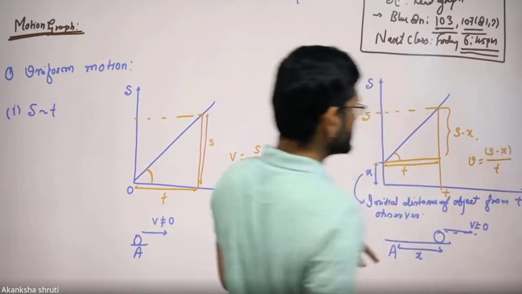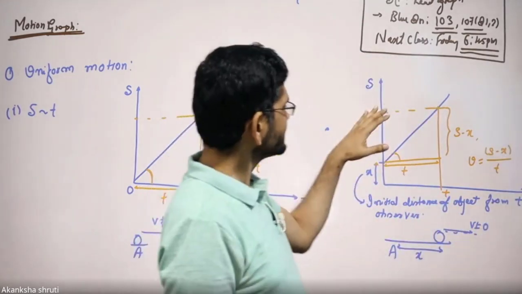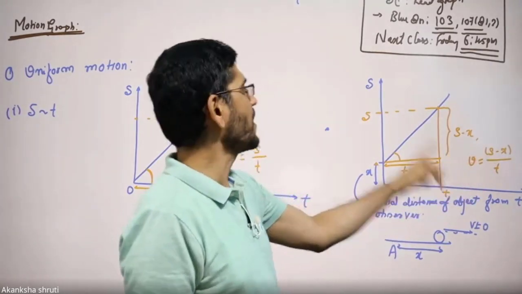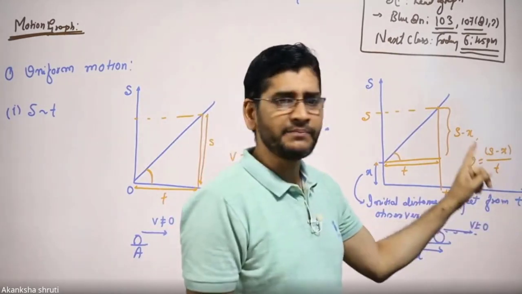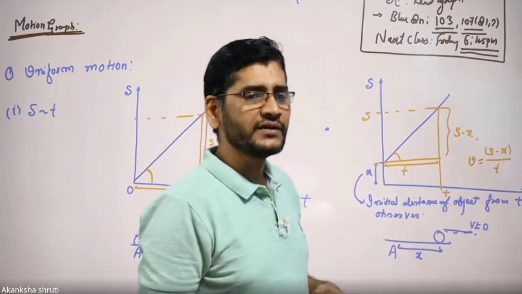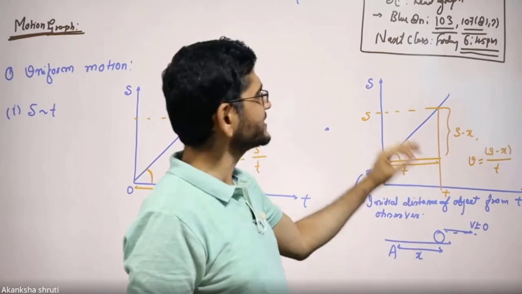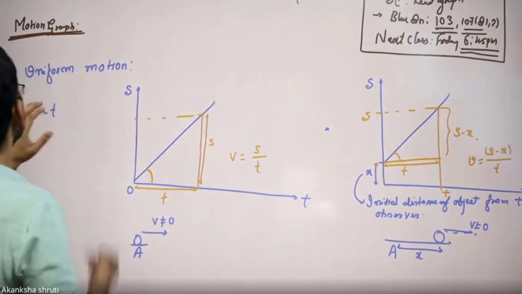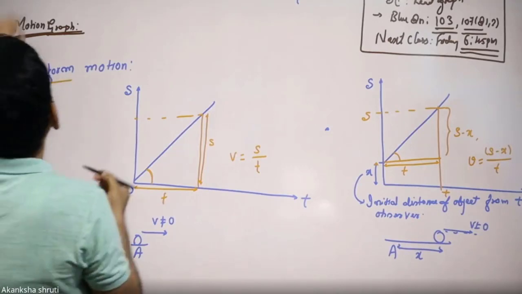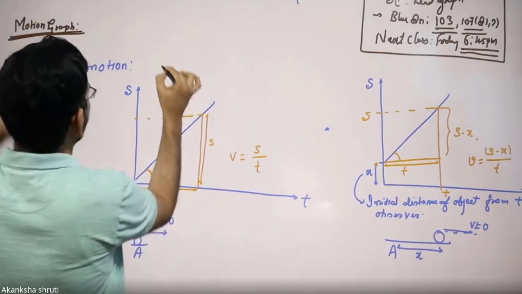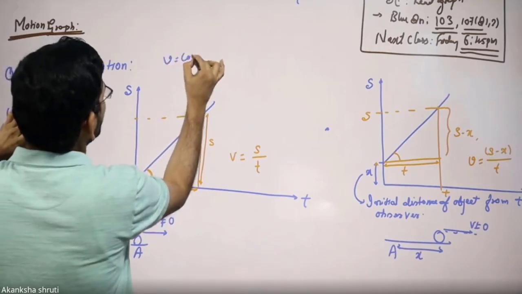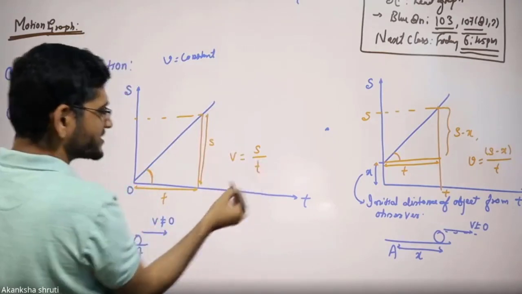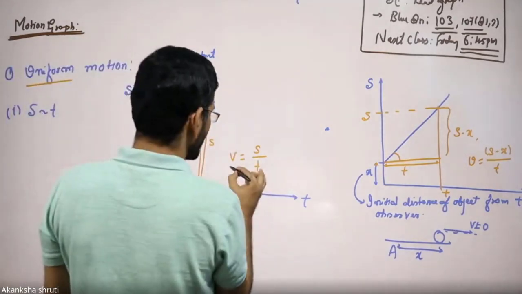Okay, students. So this is how the speed is calculated mathematically by taking the slope of the distance time graph. The same way can be applied for the acceleration time graph. Students, this is for the uniform motion. It simply means it has a speed which is constant. The value of v that you will obtain here will have some fixed value.